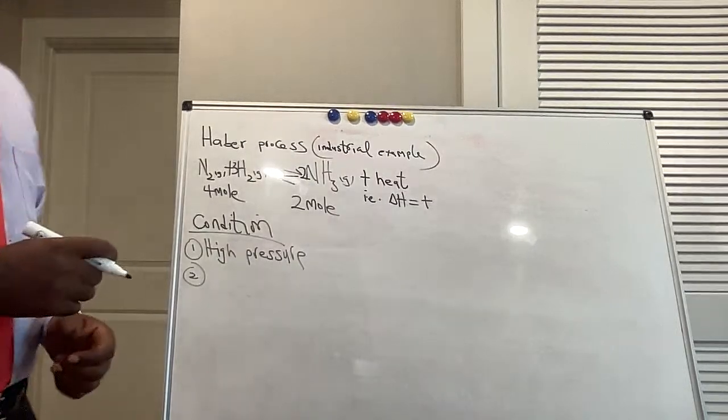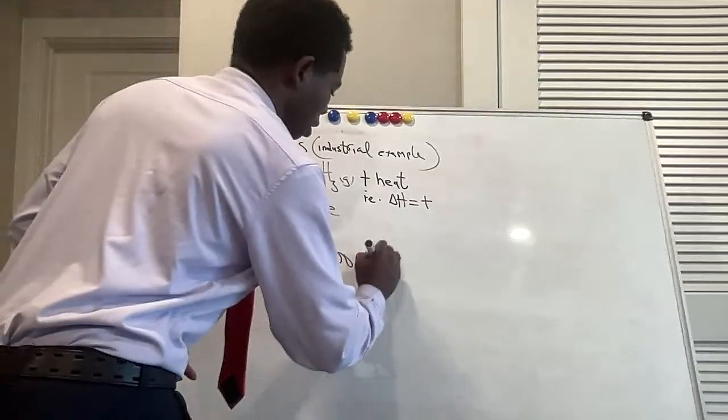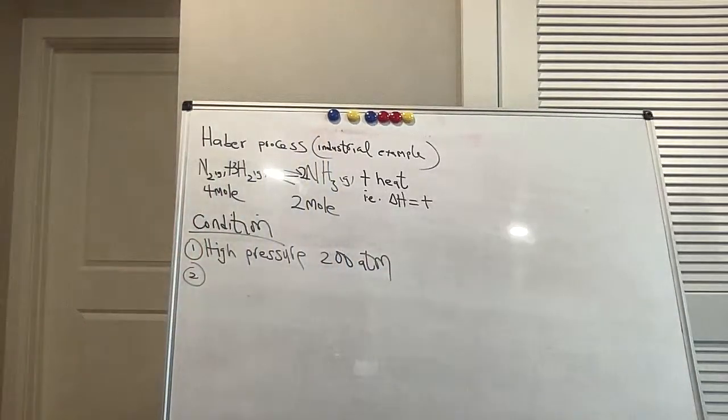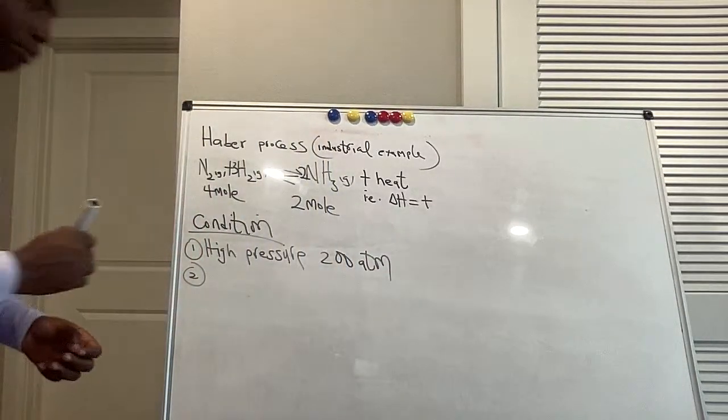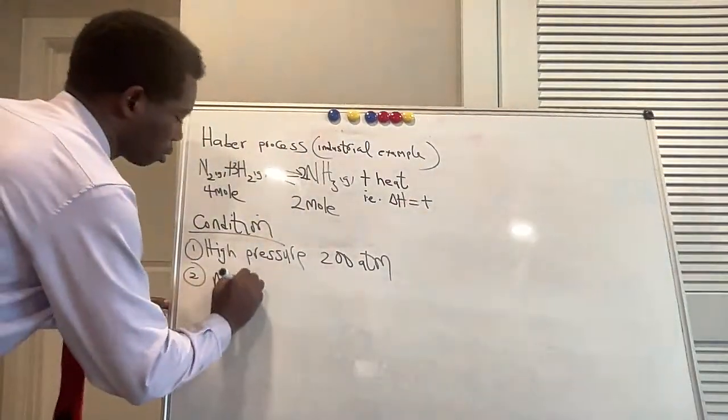High pressure at what? 200 atmospheric pressure. Then moderate temperature, 45. Condition for this reaction to take place: moderate temperature